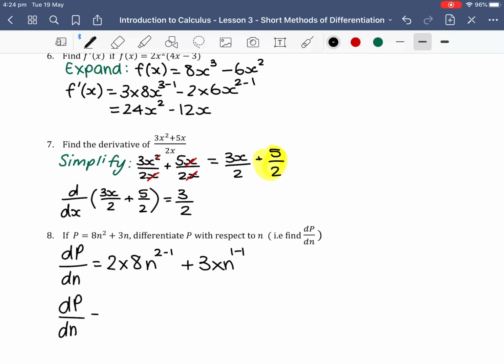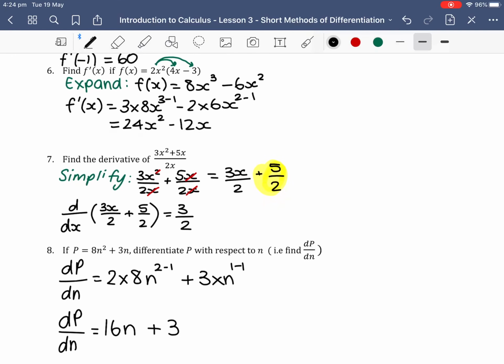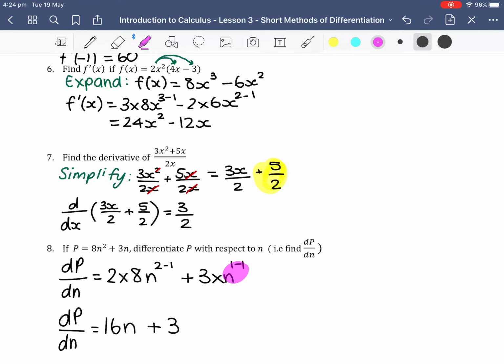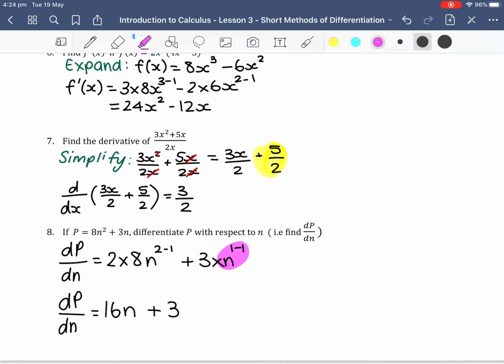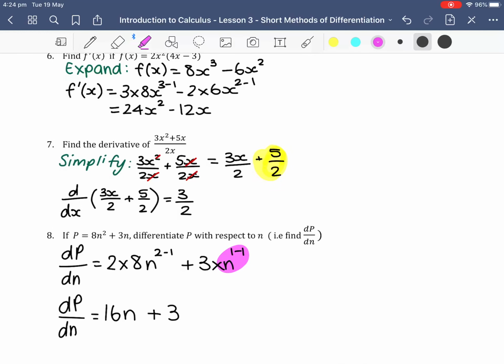So dp on dn equals 2 times 8 is 16n plus 3, and this n to the power of 1 minus 1 is just going to be n to the power of 0, so that will just cancel out to be 1. So 3 times 1 is just 3. So our answer is dp over dn equals 16n plus